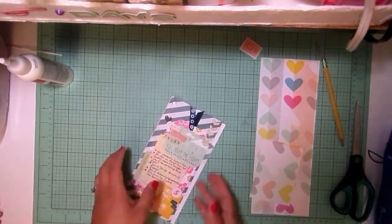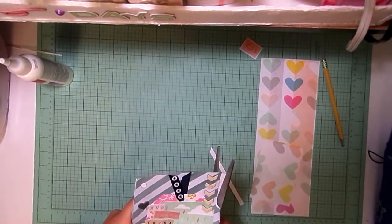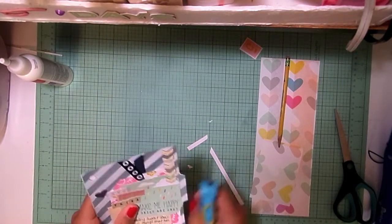But anyways, now that that's on there, I'm going to go ahead and trim off this excess here around the tab. And then I'm going to take my Crocodile and I'm going to punch out the...